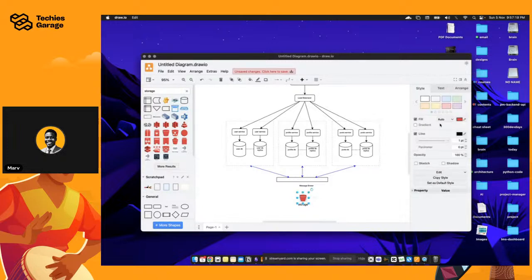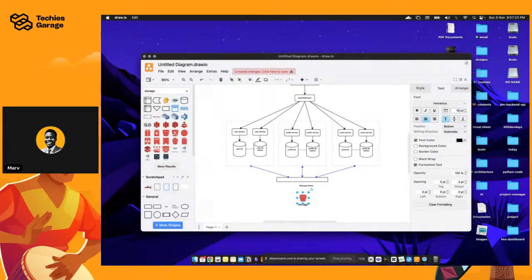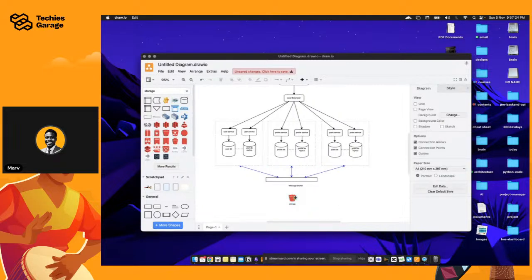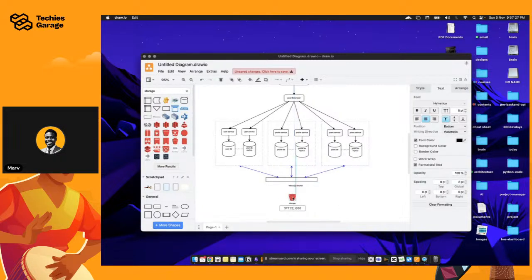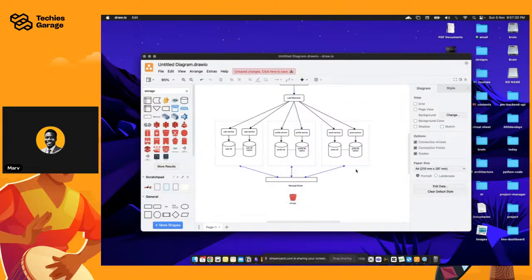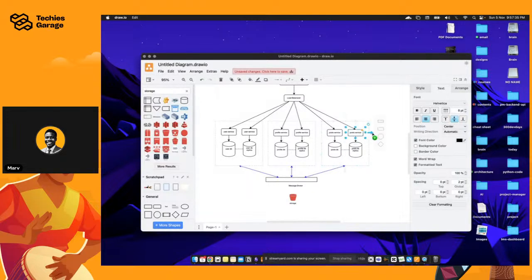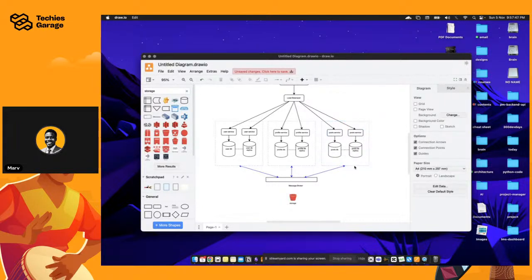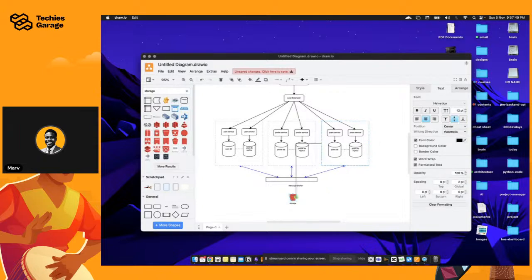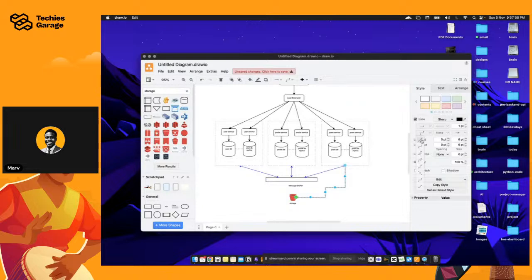Okay, so now for storage, let's go back to the text. I just want to make sure this is okay. I can basically connect these services, right? I'm going to connect from the container as well. The container here is basically referencing both services, to avoid having multiple arrows coming from here. So I'm going to connect these services, and let's just have this arrow point down here. All right, let's use a straight line.